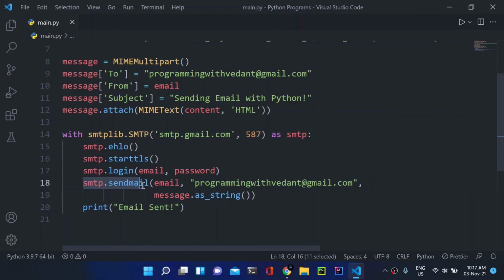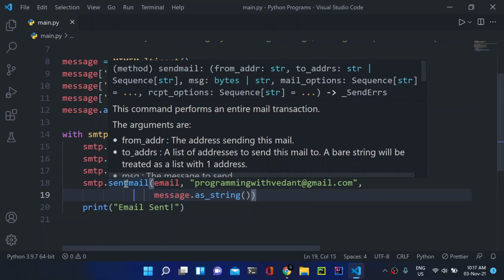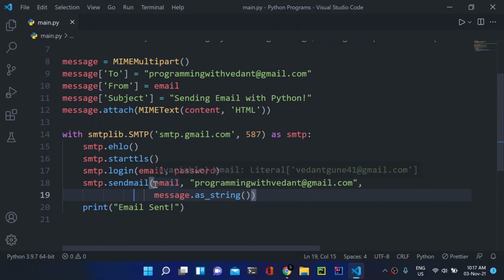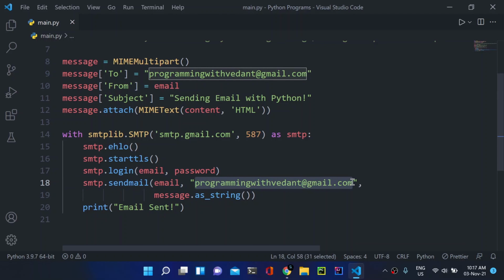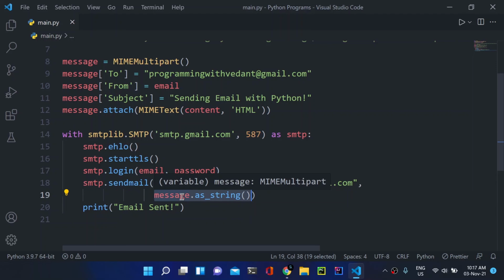And then we have smtp.sendmail. With this sendmail, we can send the emails like this: email, so from, then this which says to, then message.as_string. This message is the message which we have attached here.